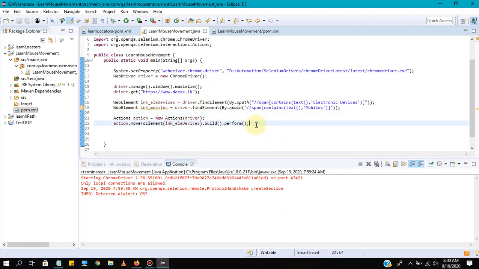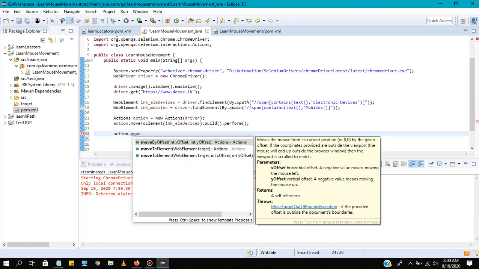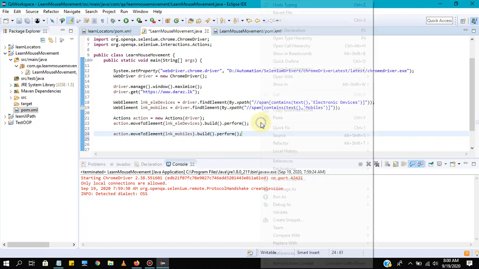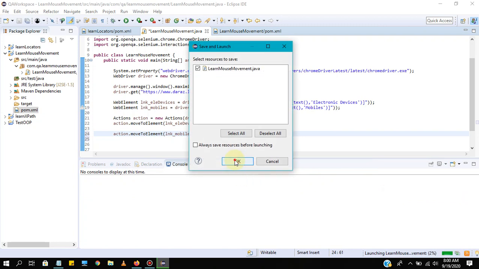Let me move to other element as well. We'll move to other element as well. Action dot move to element link mobiles, dot build dot perform, right? Let's run this. I just want to show you some errors in this case.